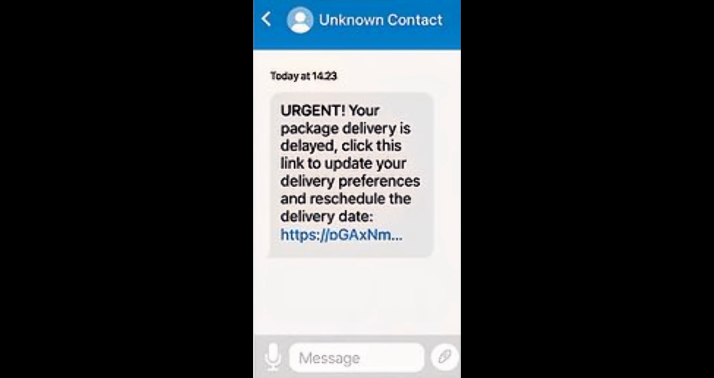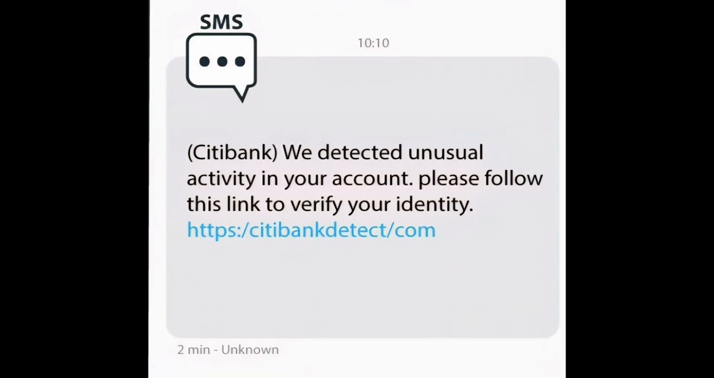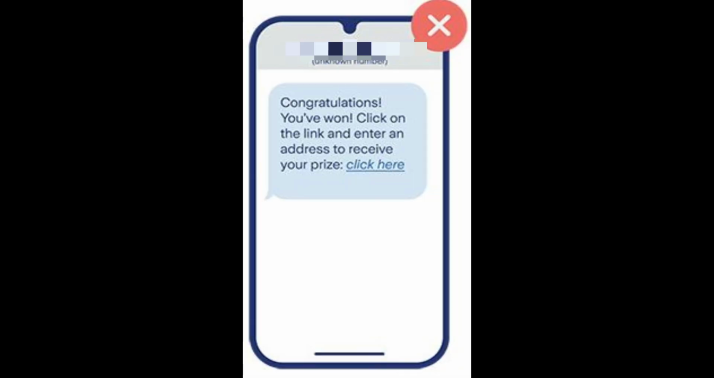Other scams advertise fake job offers, guaranteed investment returns, or try to start a friendly conversation after pretending they texted the wrong number. If a message pressures you to act immediately, asks for personal information, or contains an unexpected link, treat it with caution. One of the safest habits you can develop is to avoid tapping links directly from unexpected